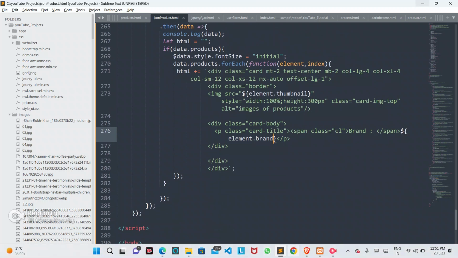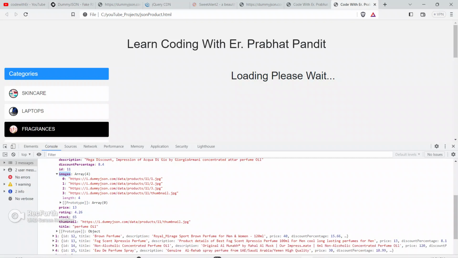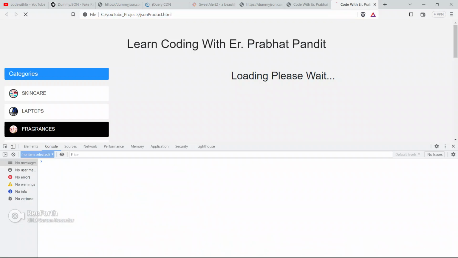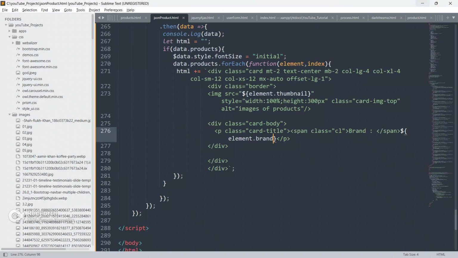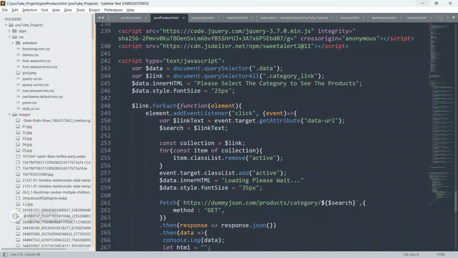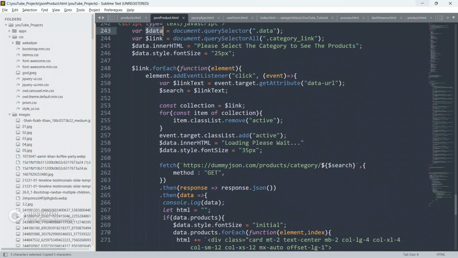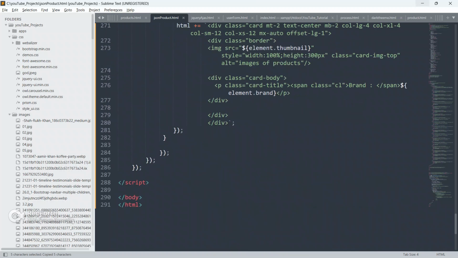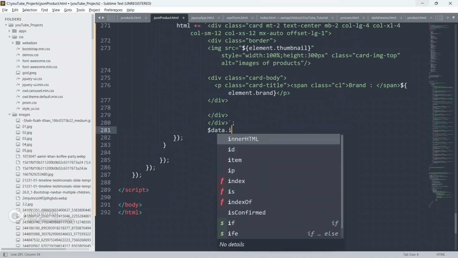So as of now, save your code, go to the browser and see the output if we are getting anything or not. First of all, we have to append this HTML to the div. So grab this data and go here.